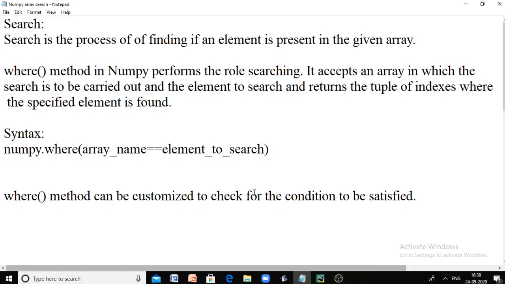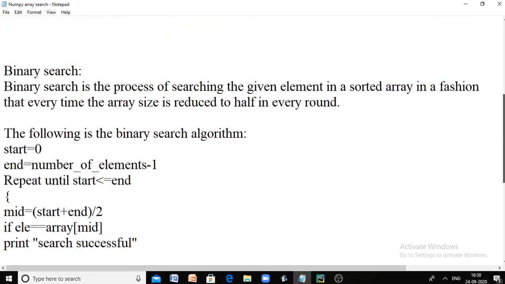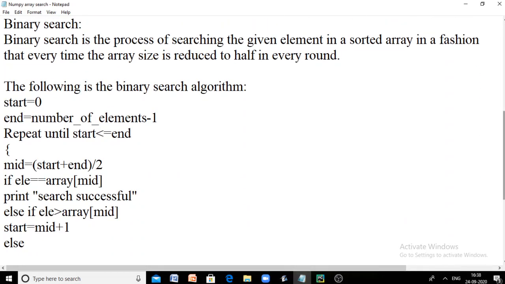Now, the next type of search process is binary search. Binary search is the process of searching for a given element in a sorted array in a fashion that every time the array is reduced to half. Every time the element is compared against the mid element in the array, and if the element to search is not the mid element, then your array is reduced to the left half or right half, so that your array boundary is reduced to half. Refer to the binary search algorithm